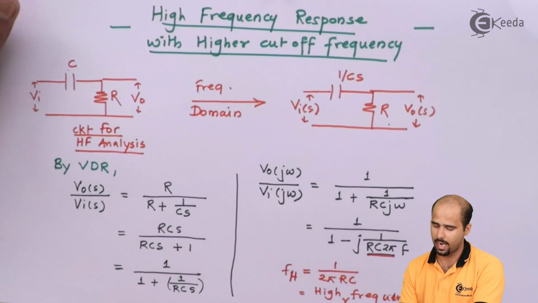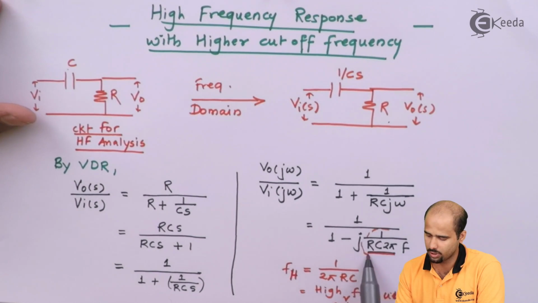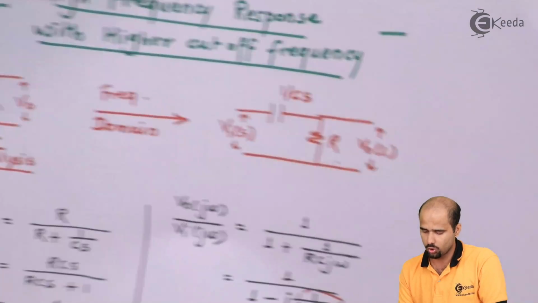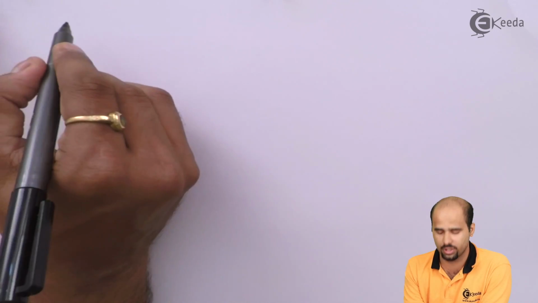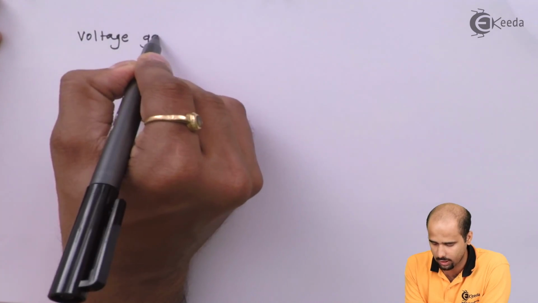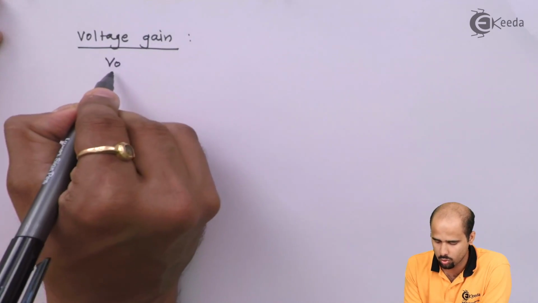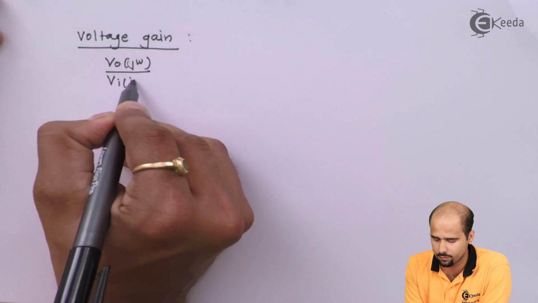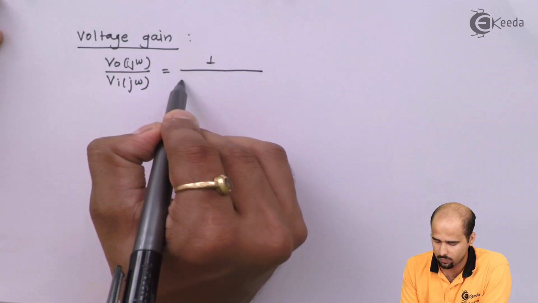Okay, so this will be a high cutoff frequency. We'll incorporate this particular fH instead of this particular value, that is 1 upon RC into 2 pi. Right? So whatever value we will be getting in the form of voltage gain, so voltage gain we will be getting as Vo of j omega divided by Vi of j omega is equal to 1 upon 1